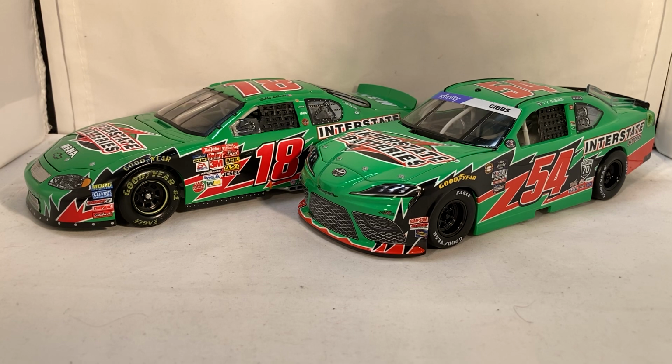I just hope that Interstate Batteries takes the Darlington throwback race in Cup now for Ty Gibbs. Please do not let Monster take it, because Monster's not going to run anything, and it's never going to get offered. And just please, Interstate Batteries, run the throwback race and run another paint scheme. Run the 2005? Or no. Yeah, the 2005 paint scheme was different. Did it change in 2004, the year after this car? It might have changed a little bit in 2004. I honestly don't remember, but hell, run JJ Yeley's paint scheme for the hell of it. I don't know. But